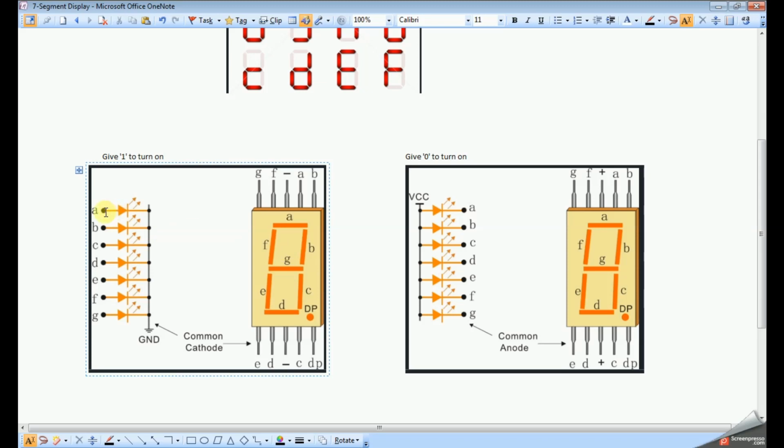That means B, C, we need to give a logic 1 to turn on BC to display number 1, and remaining A, D, E, F, G will be 0. So whenever you give BC 1, then it will display number 1, and other end the terminal is connected to ground.